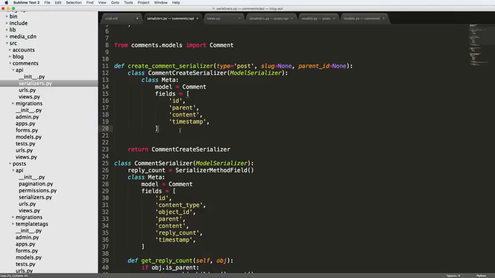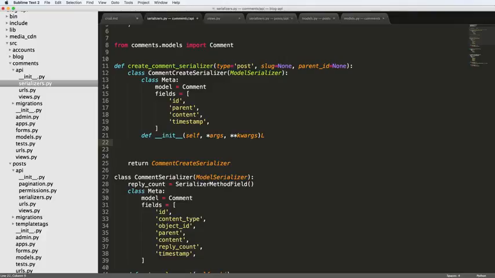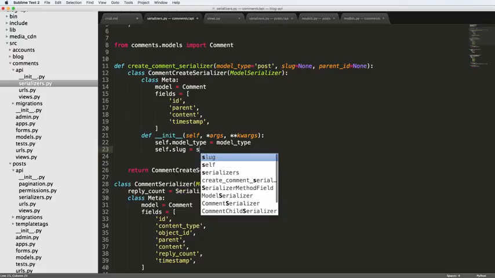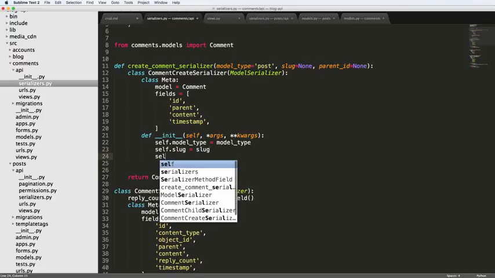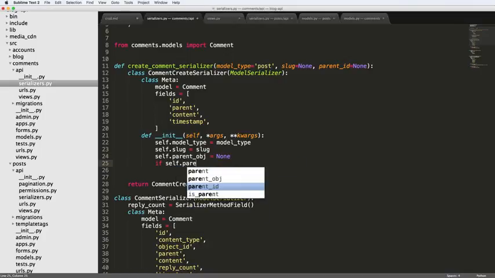And one of the biggest things that we're going to do here is define an initializer function. So def __init__, and it's going to take self, args, and keyword args, and we're going to say self.type equals type, that is the passed variable here. So let's call this actual model_type versus just type. So self.model_type equals model_type, self.slug equals slug, and then we'll do self.parent_object is None. So if self.parent_id,